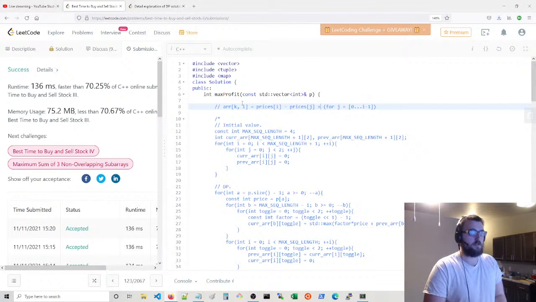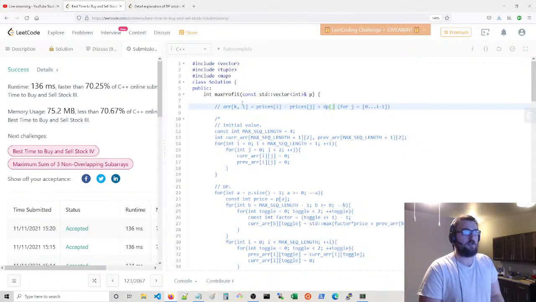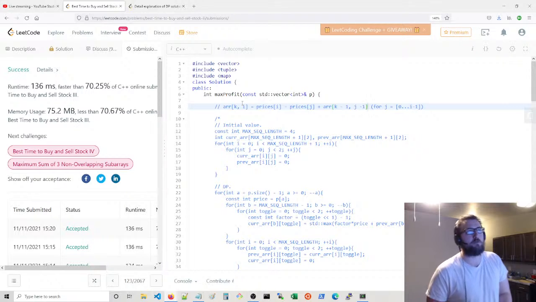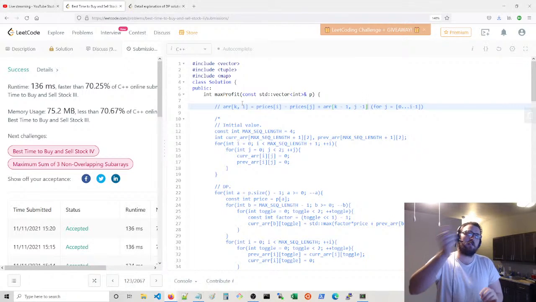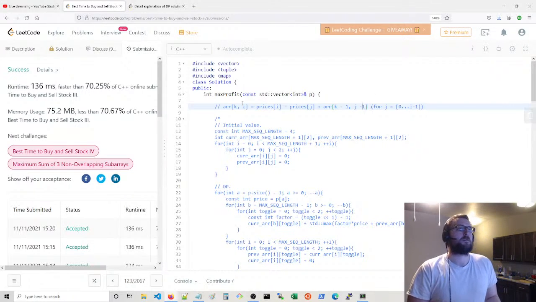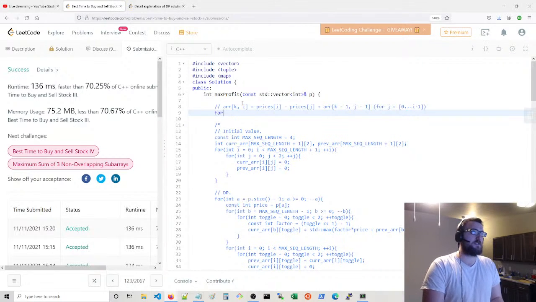Plus the best, oh, here's his DP. We do array. Maybe I should use DP for my arrays, but I've just been using array. Array of k, one less transaction, and it's the best up to that point. One less transaction and right before j, right? That's the intuition. Observation. So you could say an integer array of k, I, k is 2,